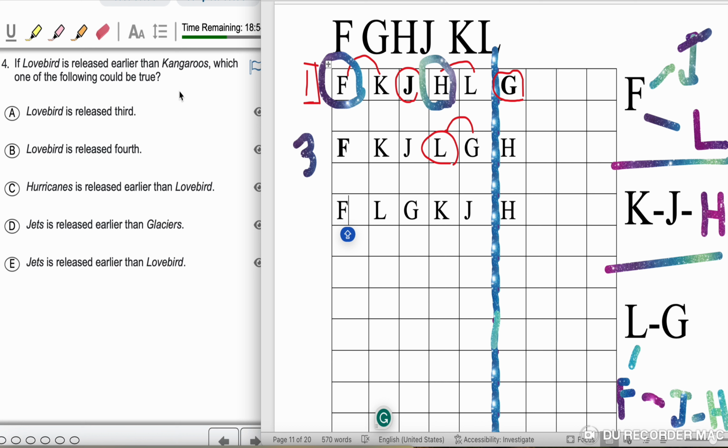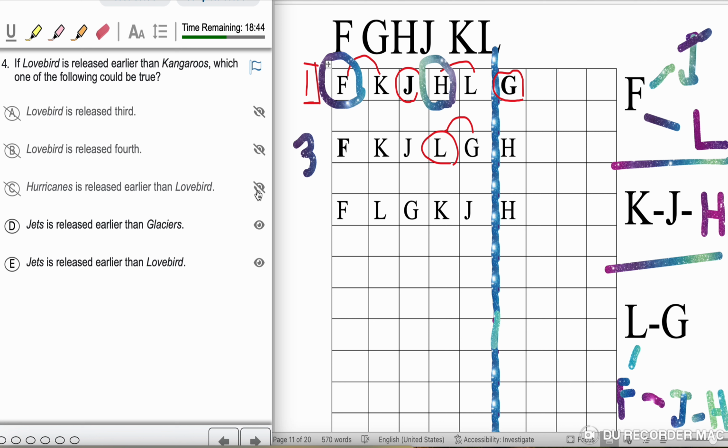Which of the following could be true? L is released third. I don't see it. L is released fourth. I don't see it. H is released earlier than L. I don't see it. J is released earlier than G. I don't see it. J is released earlier than L. I don't see it. Let's do a little bit of a coin flip here. So I'm going to use a coin flip tactic right now,